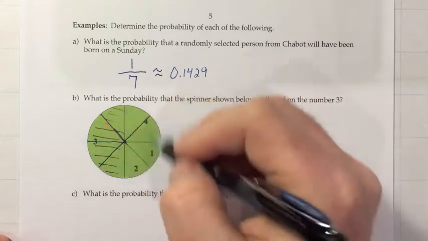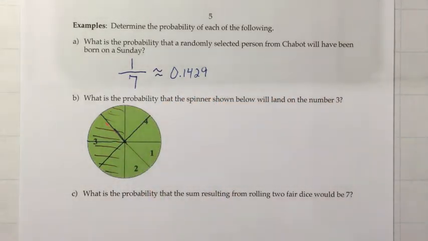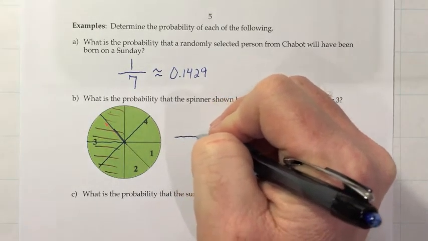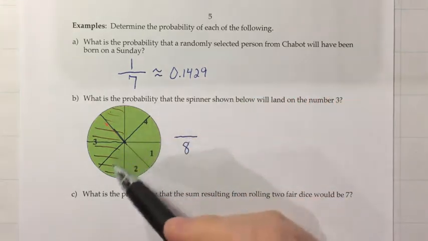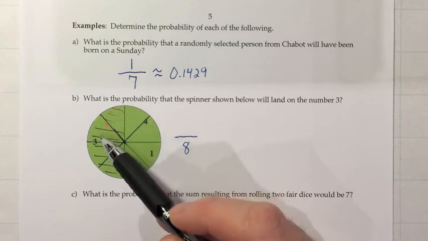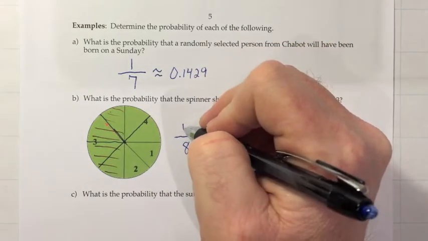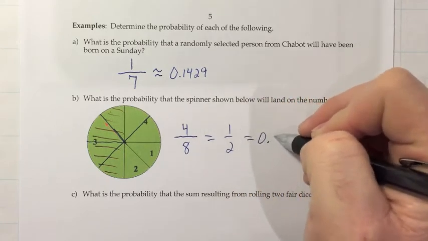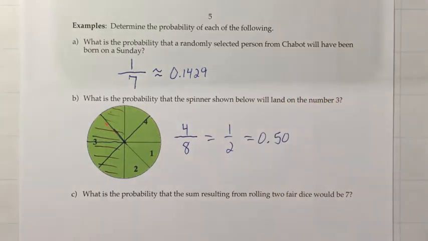And I think if we do that, then we have the spinner broken up into equal parts, and there's 8 of them, so the spinner is equally likely to land in any of those 8 parts. But how many of them would be in the region numbered as 3 that we have shaded? 1, 2, 3, 4 of them. So it'd be 4/8, which does reduce to 1/2, which we could go to a decimal and say that's 0.5 or 50%. And I think the 1/2 makes sense with what we saw at first. Half of the places that the spinner could land are labeled as 3.